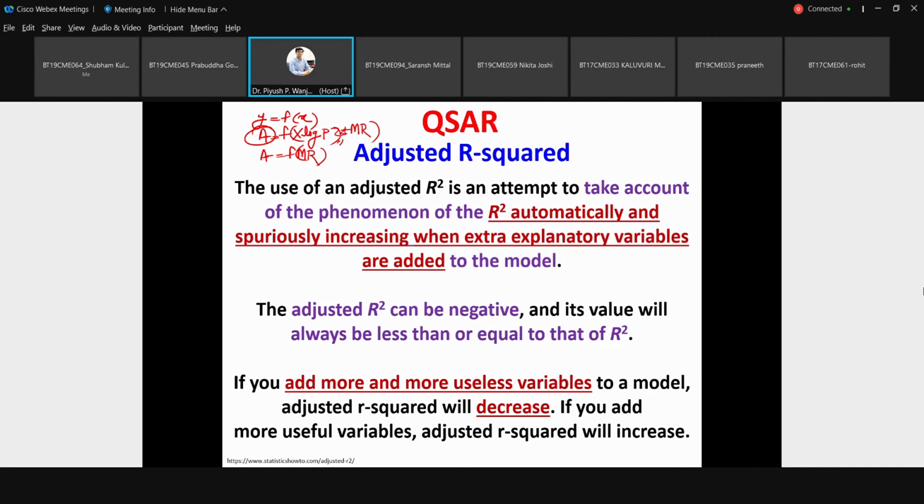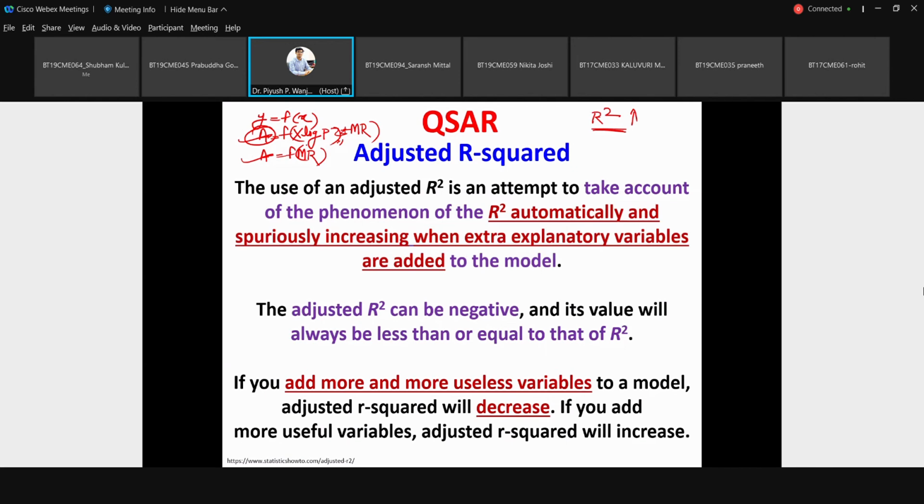If statistically you go into detail, you will understand that as you add more and more descriptors, some kind of bias gets created for your R square value. Even though the fitting might not be better when you add an extra variable, the R square value proportionally increases. This is an error from the statistical point of view which needs to be sorted out.